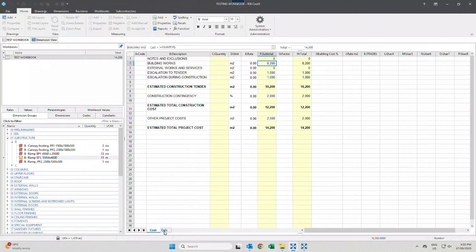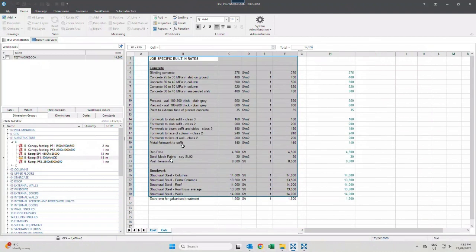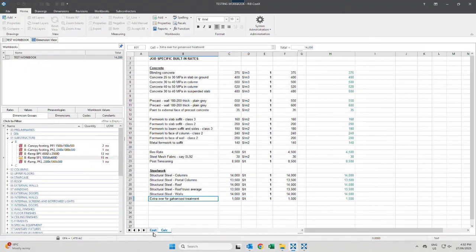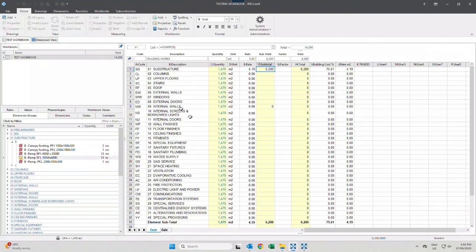So this is basically a built-in rate just within this workbook, so it won't affect any other jobs or any other projects that you're working on within your company. This is just a very targeted built-in rate. We have a long list. We actually have a list for internal walls composition. We have rates for the